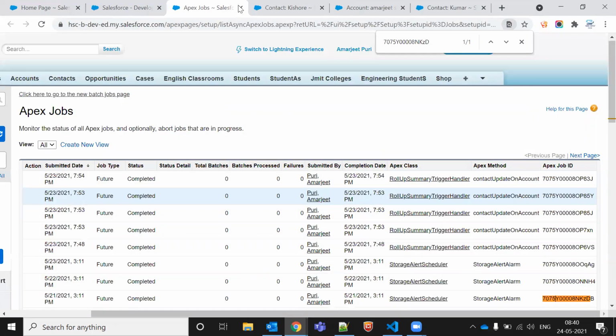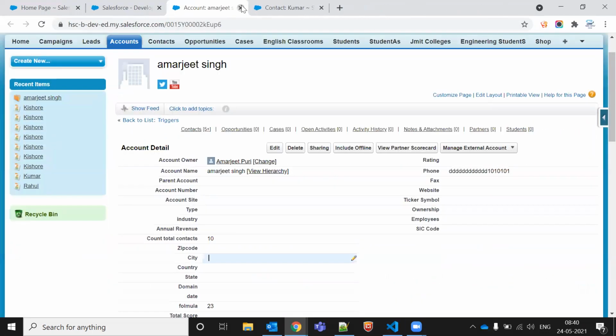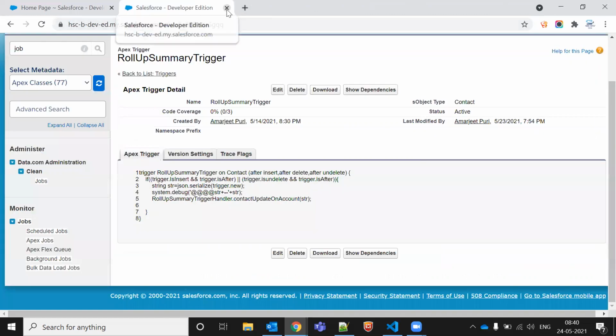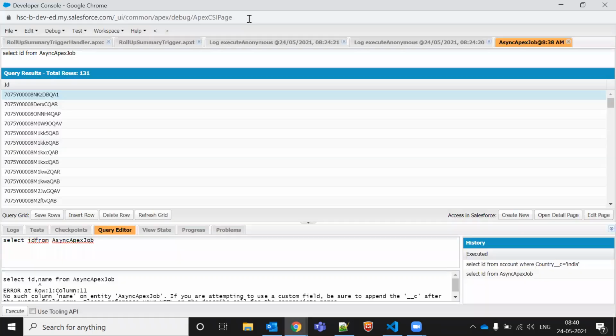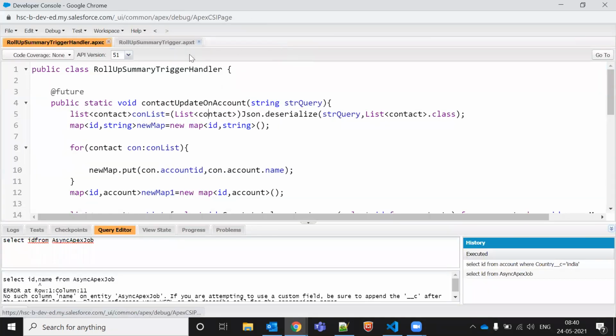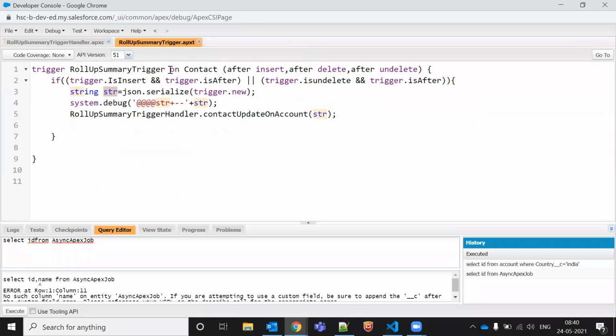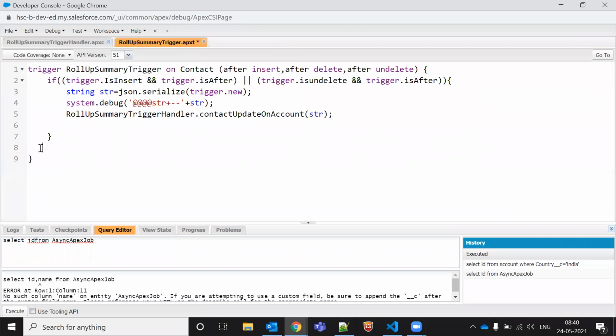So apart from this, what we are going to do here is try to make a test class for this trigger or this helper class. We will show you how to create a test class for this helper class, future method and all. At that time, we may not be aware of the trigger or helper class. It is like real time: someone else has written the trigger and all, and they are just telling you, we have this trigger, so please create a test class for this.